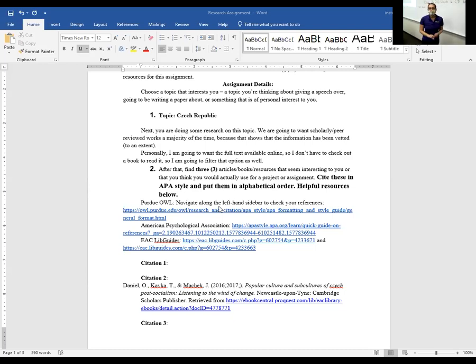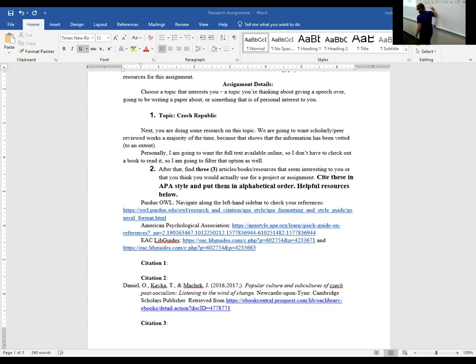Then we say, does it have a publishing date? Nah. Well, that says 2018 was the last copyright. So we could possibly use that, or we could just say no date. If there's no specific date listed, we just go ND for no date. What's the larger publisher of this?